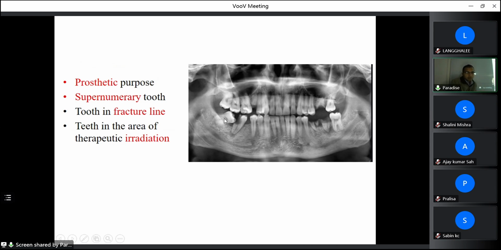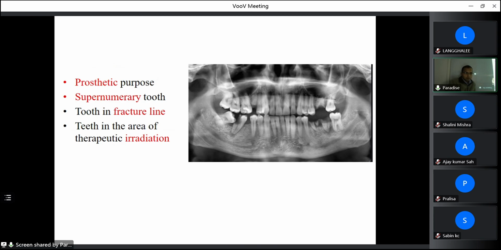If you see this third molar, even if you remove the second molar, you can't put any prosthesis because the third molar is tilted. In that condition, if you are planning prosthetic rehabilitation, you have to remove all the hopeless teeth. Other supernumerary teeth: the most common supernumerary tooth is the unerupted mesiodens in the midline of the maxilla, and the most common cause of midline diastema is also an unerupted mesiodens. So if there is presence of any supernumerary teeth or mesiodens,